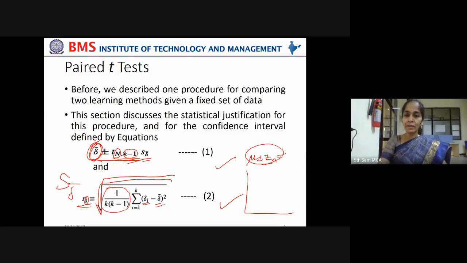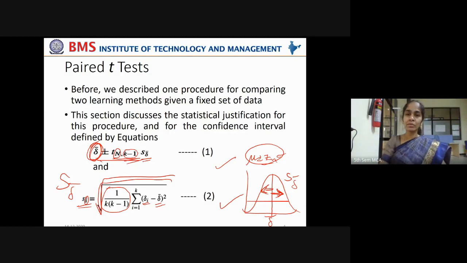You have the errors distributed in this format. Now you already know the mean, that is delta bar. Now you wanted to calculate the standard deviation of this delta bar, that is deviation in this direction and in this direction. Variation in the mean error in this direction and in this direction. That will give you the standard deviation, that is S delta bar.